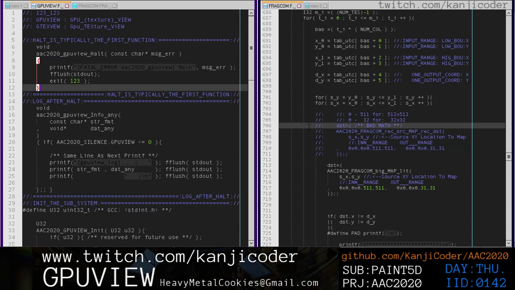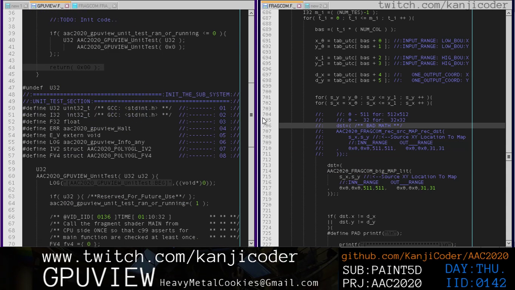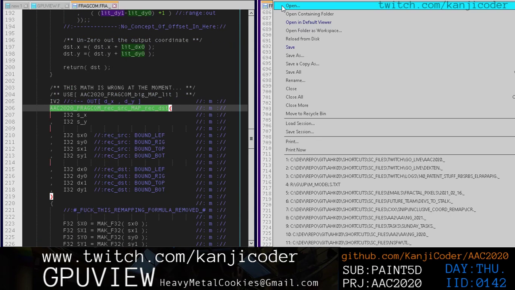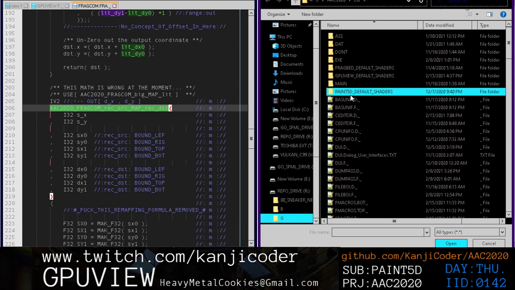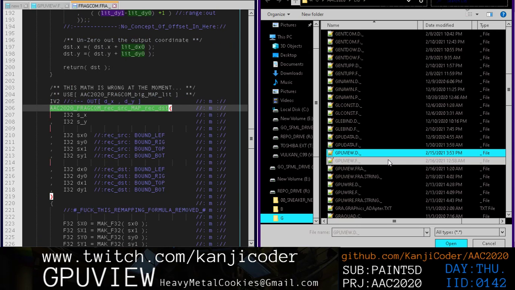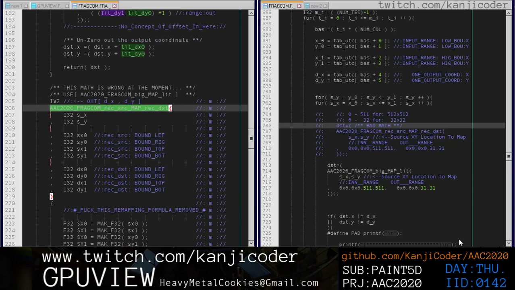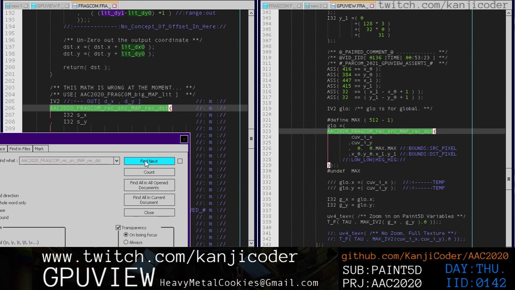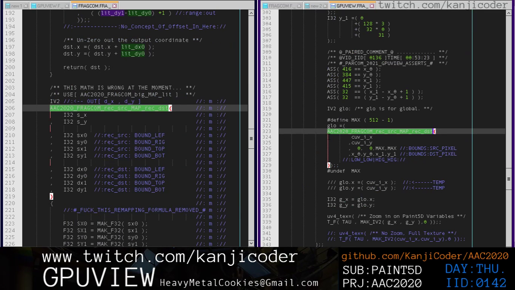Or we're going to go look at the frag shader code for this. So let's go look up where we see this, we're just going to comment it out,